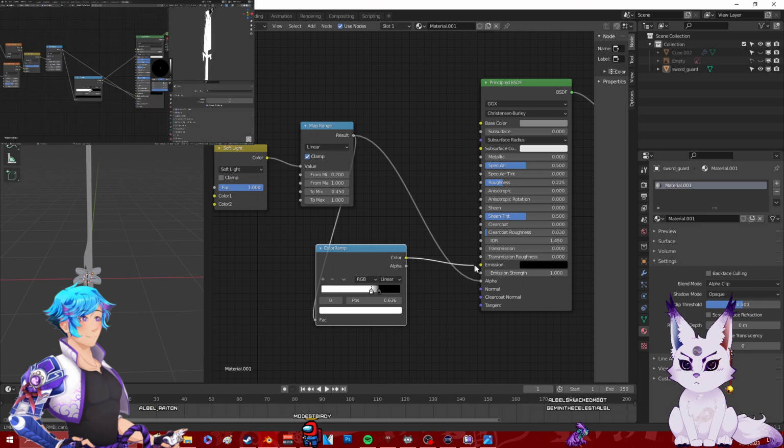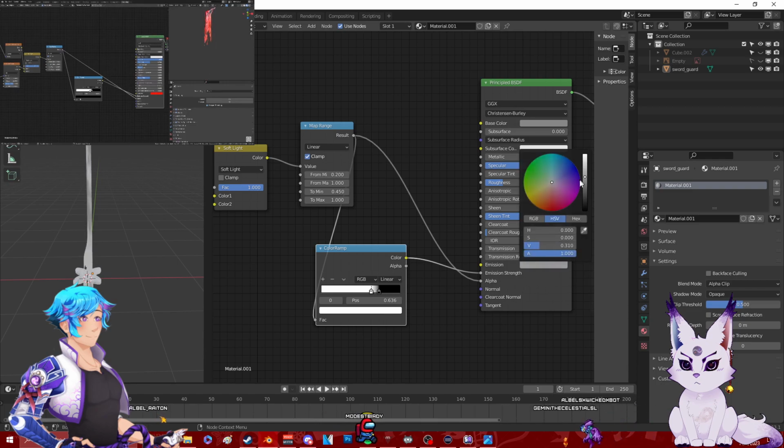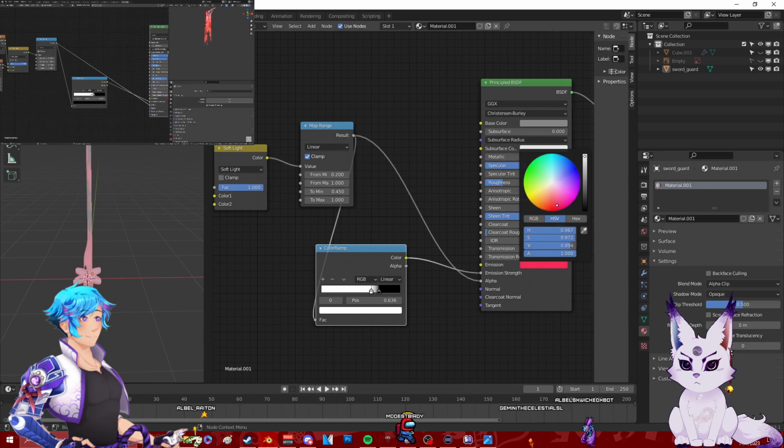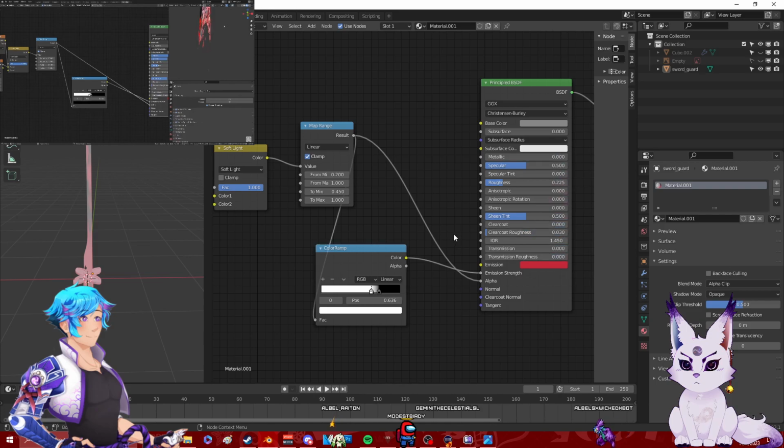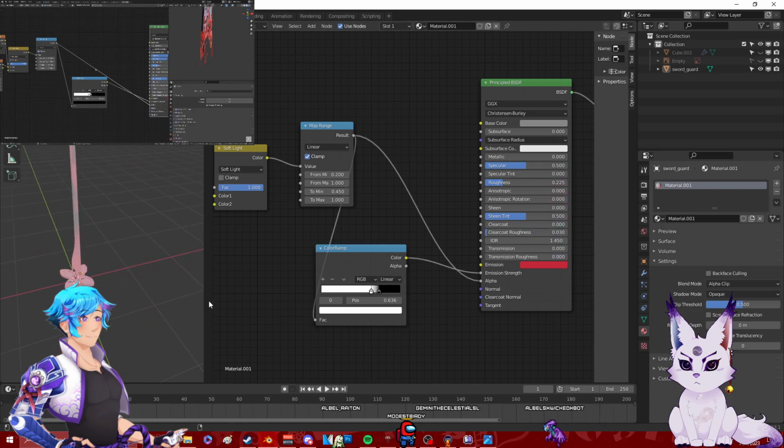I will change the color of the emission to red and Ctrl-Shift-click the principled BSDF. Now I can play with the position of the color ramp flag to get a thinner effect. So now we have our basic effect and we can work on the emission color, but also the emission strength